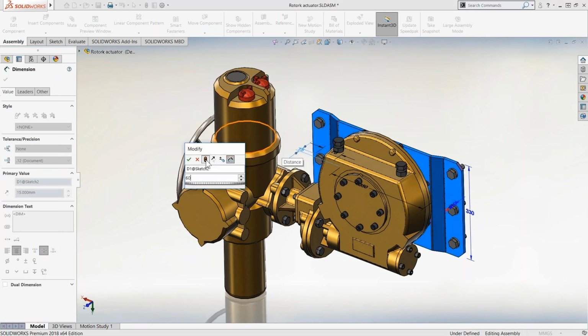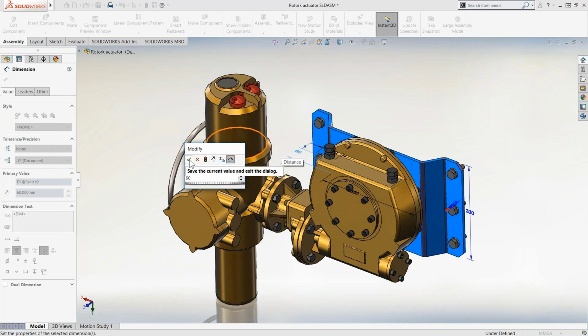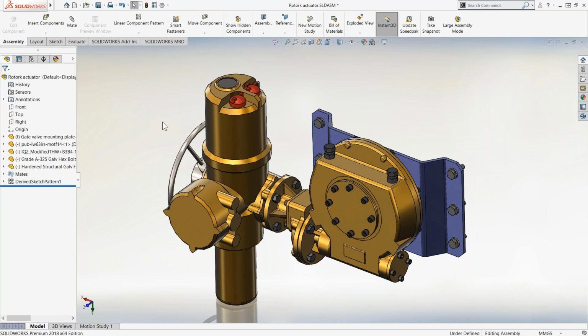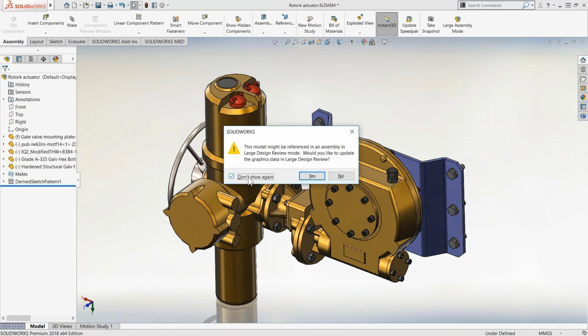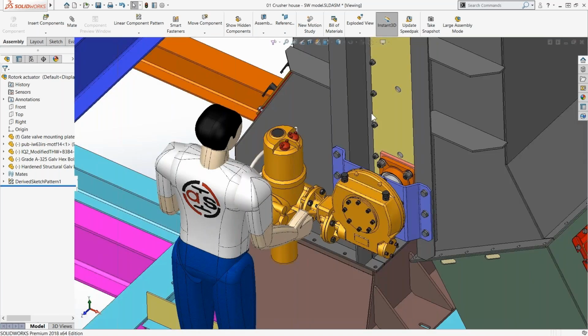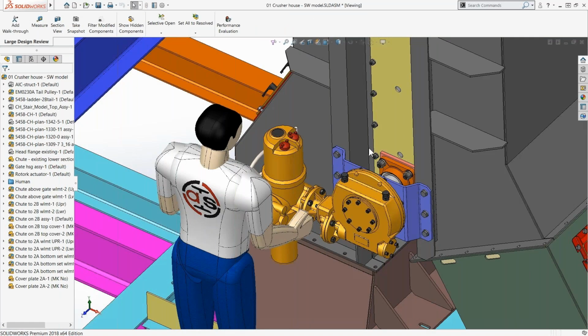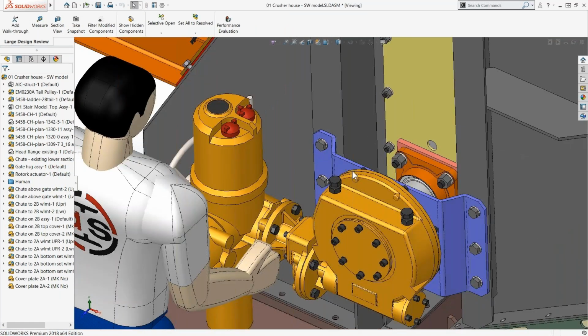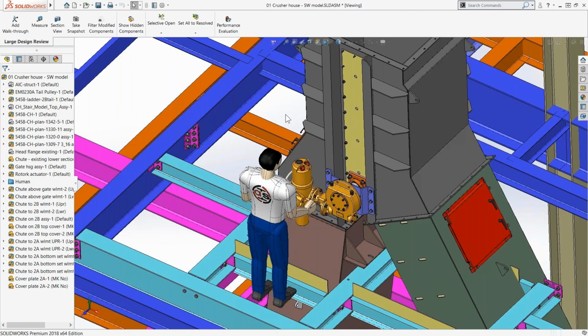So I'm going to give some more thickness here to get some more clearance out of that back plate. Then I'm going to save it. Now, SOLIDWORKS is going to ask me, do you want to update the large design review mode? I'm going to say yes. So as it's saving here, it's also updating the graphics on the large design review mode on the back end. Going back to the large design review mode, I see that I now have the updated graphics over here,